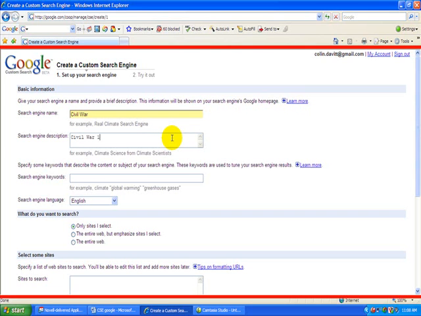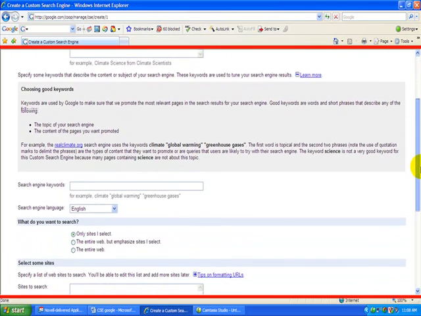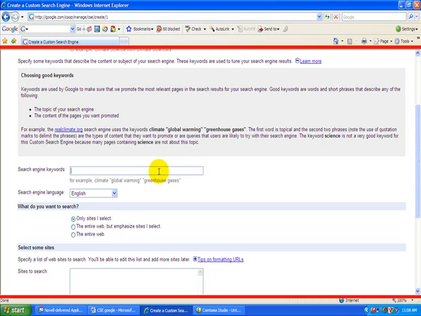And it's my first hour, so I'm going to call it Civil War first hour. That way I kind of can keep them separate. And then we're going to have to go with keywords. If you want to click Learn More right here, it's going to help kind of fine tune. But since we already, at least in my class, we already know what we're doing, I'm going to use,